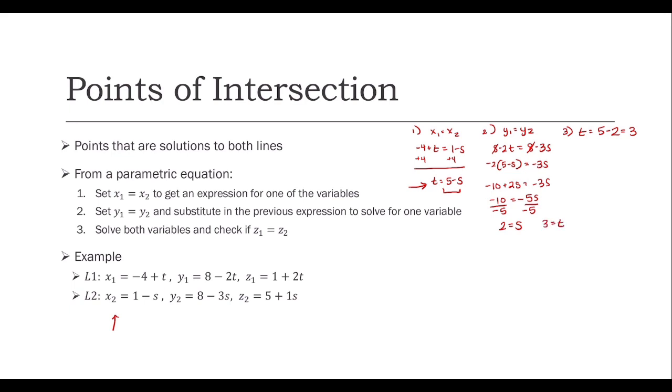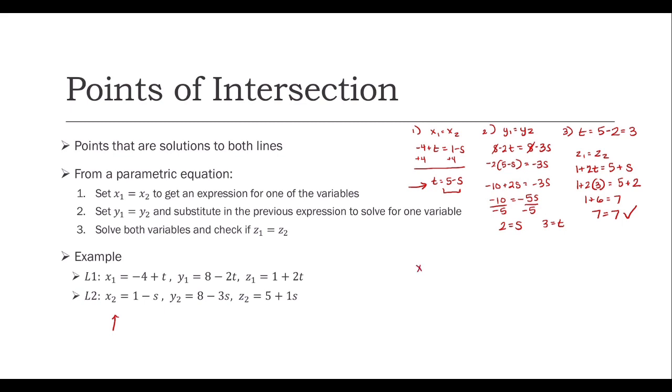So we'll plug that in for our z1 equals z2. So z1 equals z2 is 1 plus 2t equals 5 plus 1s, so 5 plus s. 1 plus 2 times t, which is 3, equals 5 plus s, which is 2. So 1 plus 6 equals 7, 7 equals 7. So that is true, so we know that they intersect,